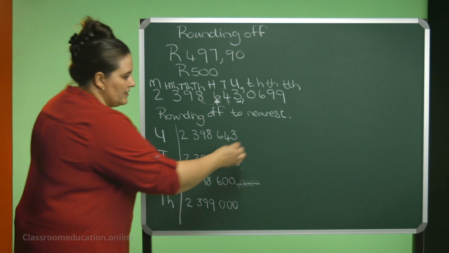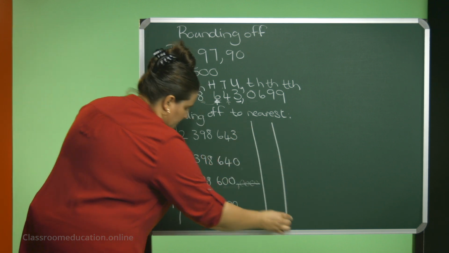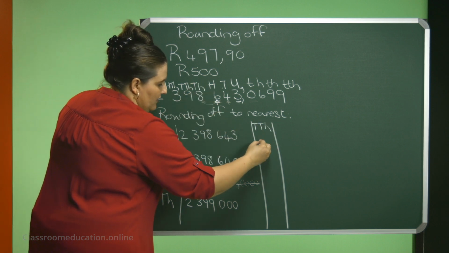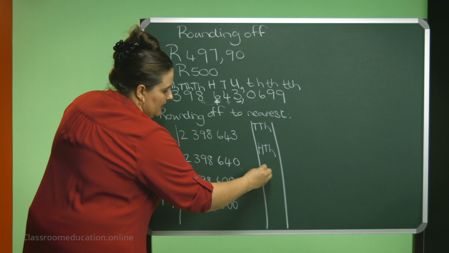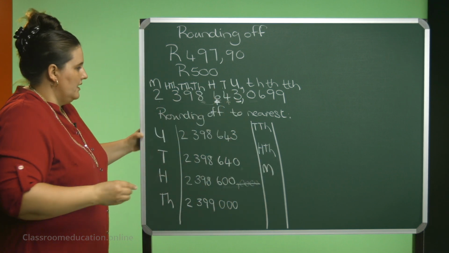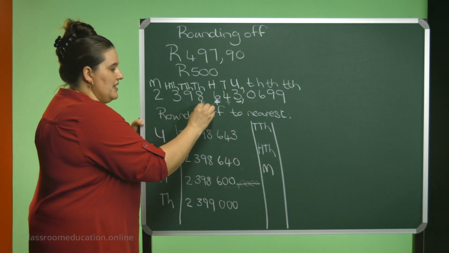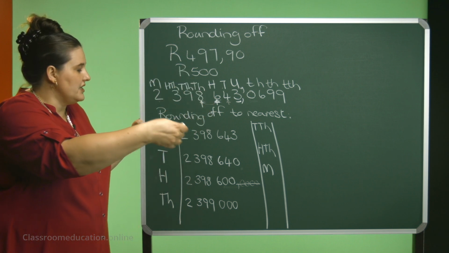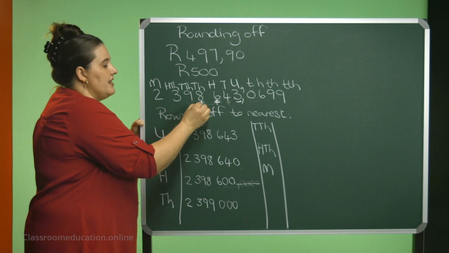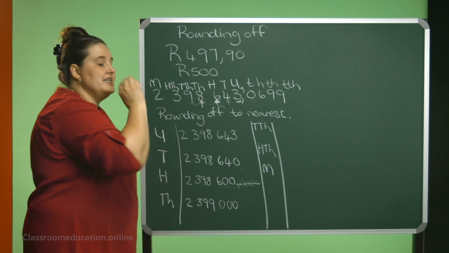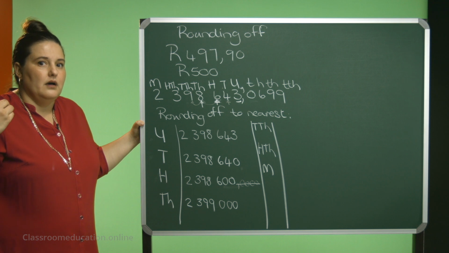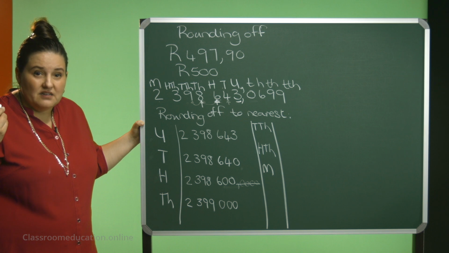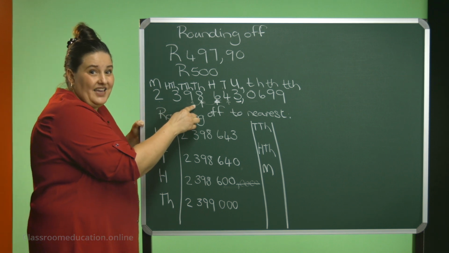Now, let's round this now off to 10,000, 100,000, and a million. Okay, 10,000. I have in my thousands position, that's on the right-hand side of my rounding position, an 8. The 8 will increase the 9 by 1. And then, what is 1 more than 9? 10. Does it mean that I need to write a 10 there?